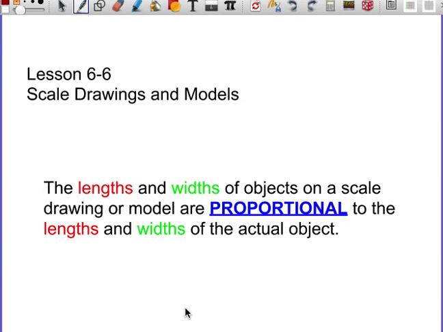Lesson 6.6, scale drawings and models. We're going to be working with proportions in this lesson. The lengths and widths of objects on a scale drawing or model are proportional to the lengths and the widths